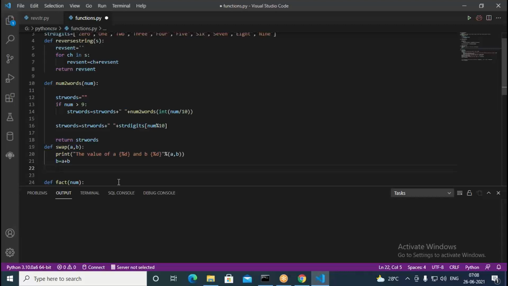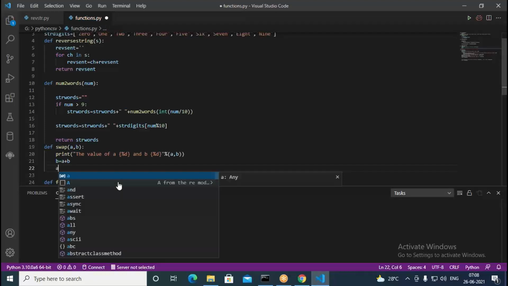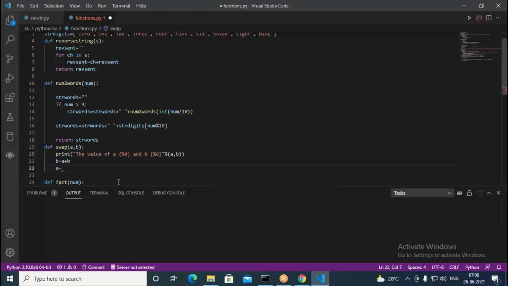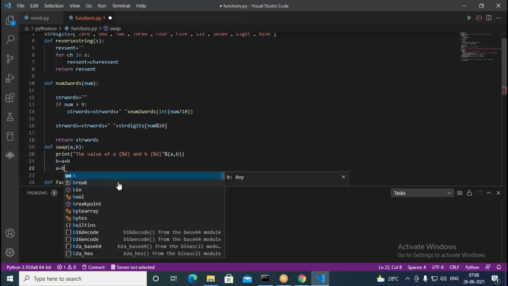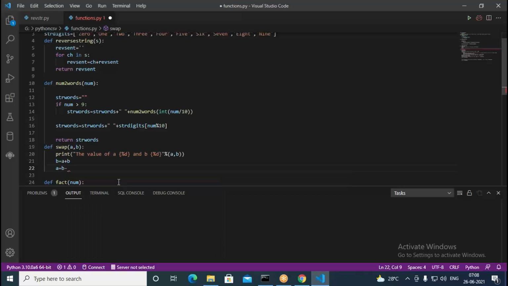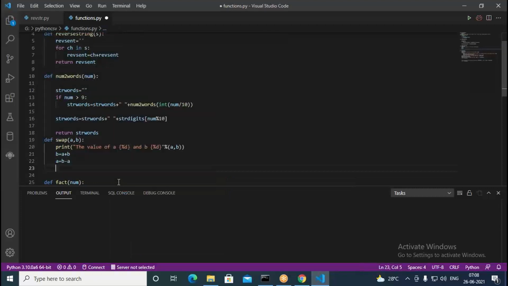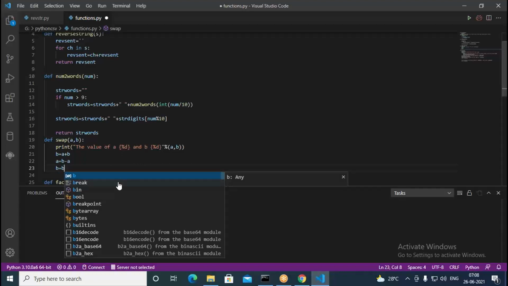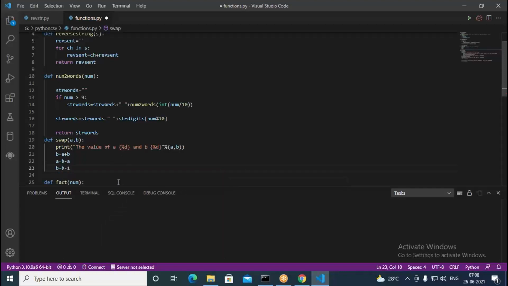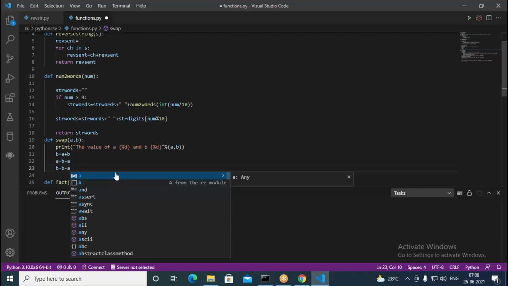Now, I write here a equal to b minus a. B minus a I have written. So next thing is here, b equal to, now this is b minus a. In this way, I want to write it.